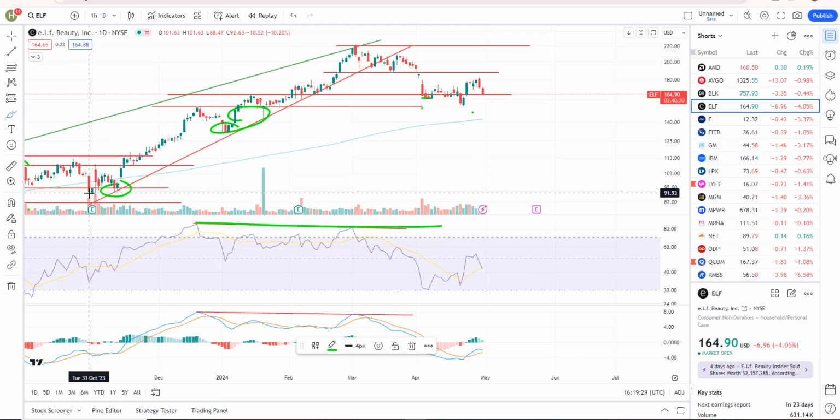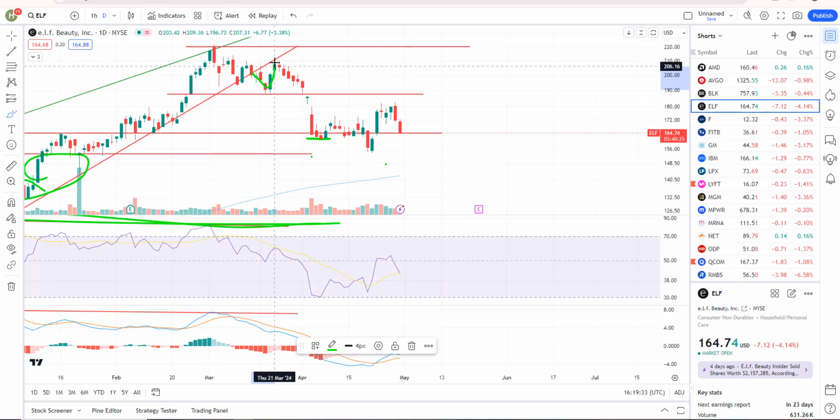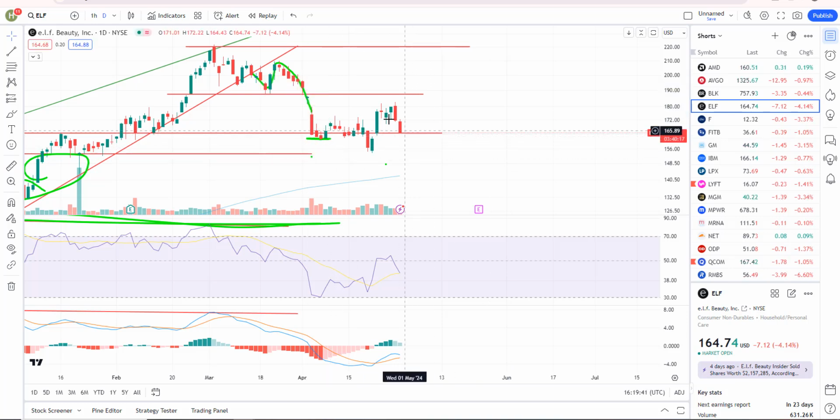ELF, I think I covered this one. Bearish rising wedge, negative divergence, sell signal, back test, roll over. Again, from the sell signal, this thing fell about 18% or so down to that support zone. Breaking down again, it's kind of choppy now, so I'm not in it. I took my 18% gain and moved on, but I think there is probably some more downside and probably a push down to the 200-day moving average.